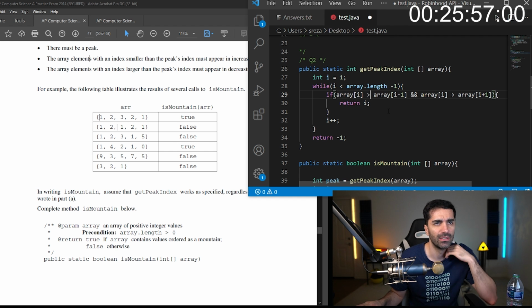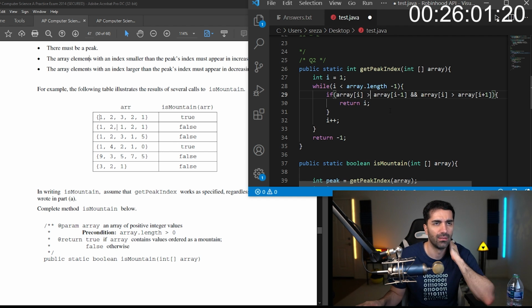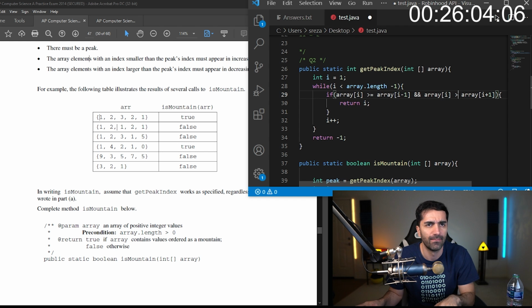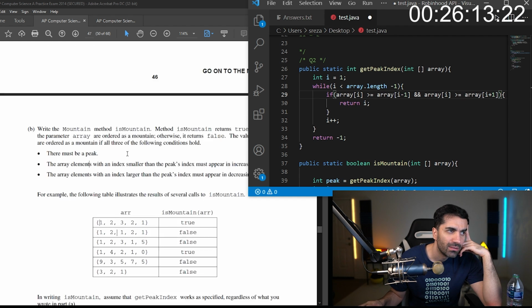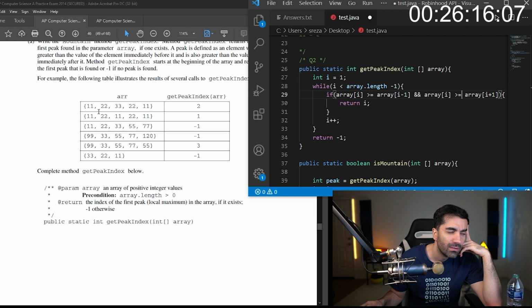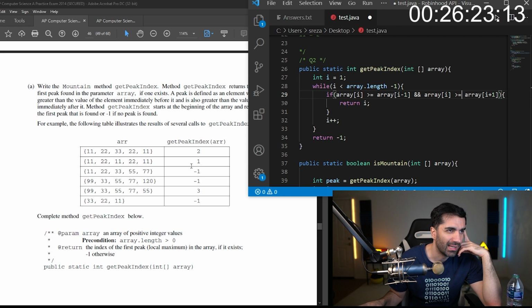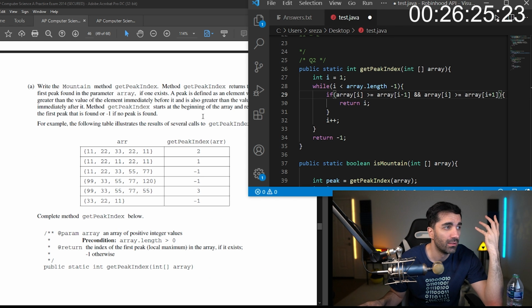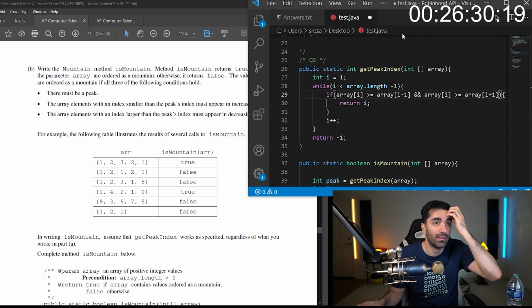And then here we might actually need to change this one. I'm thinking we might actually need to change this one to equal as well. I wish they would give us an example where they're equal. Okay, anyways, does it say that it's great? I think it says it has to be greater than. So if it's equal, then it wouldn't be a peak.